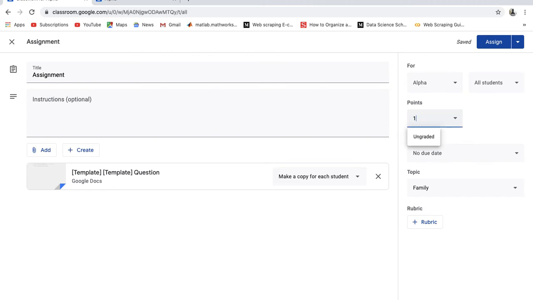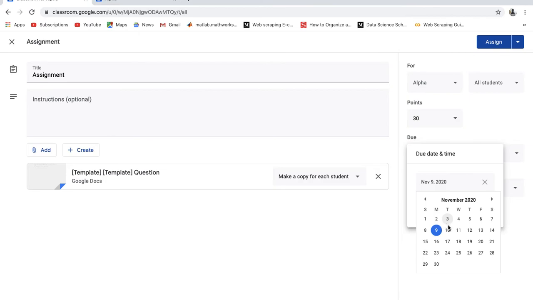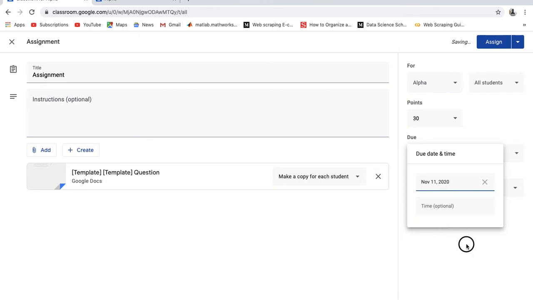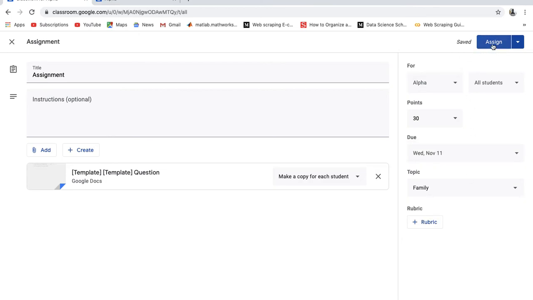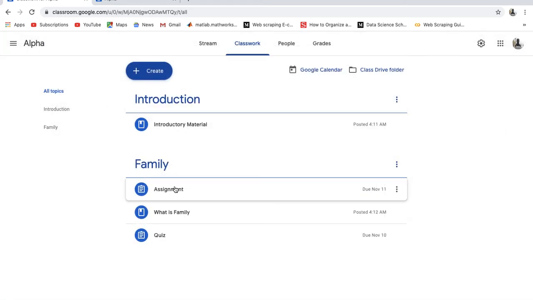What's the point we want to assign to this? The last one was 10 points, let's assign 30 points to this. And for the due date, we can say the due date is in 2 days' time. You could schedule it for later, save it in your drafts, or you can just assign now. So I'm just going to go ahead and assign that right away. So as you can see here,